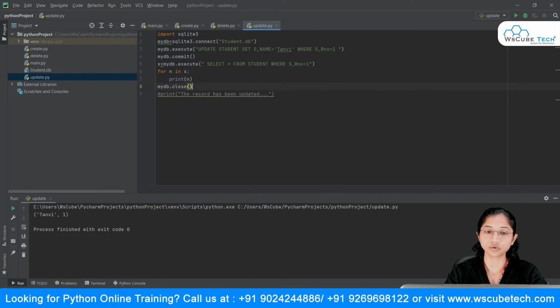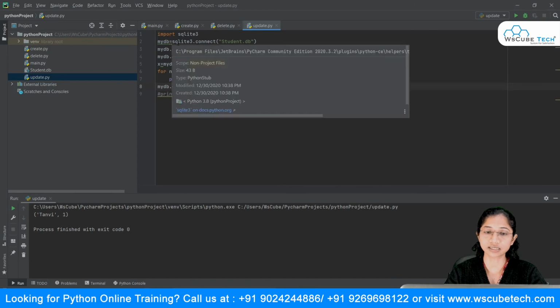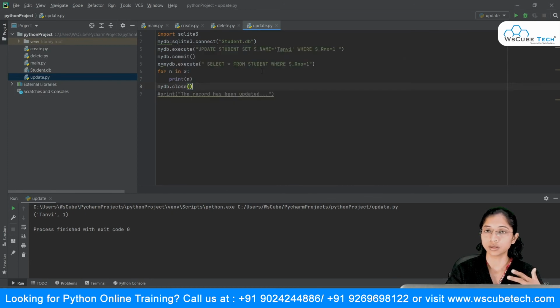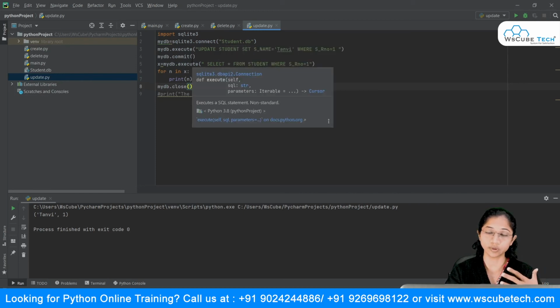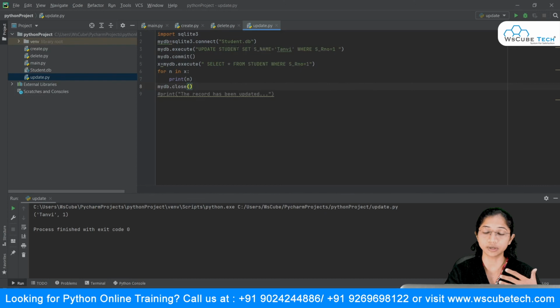So you can make use of this import, and the next step is to make use of this connect method in order to connect with the database. So you need to pass the parameter over here, like by what name you want to connect. If it doesn't exist, a new database would be created for you by that name. But if it already exists, it will simply connect to it.